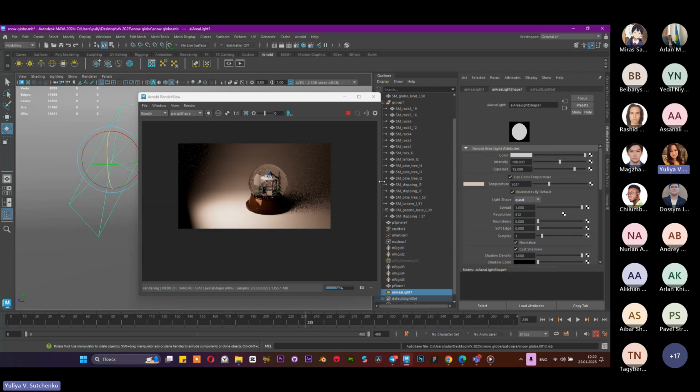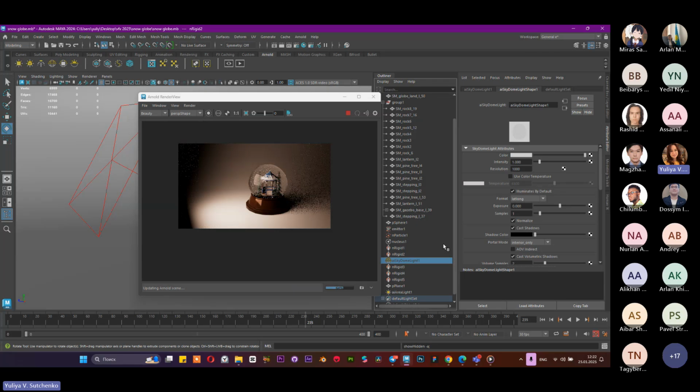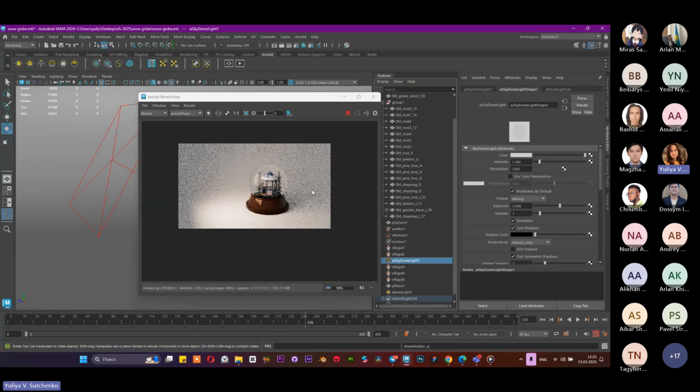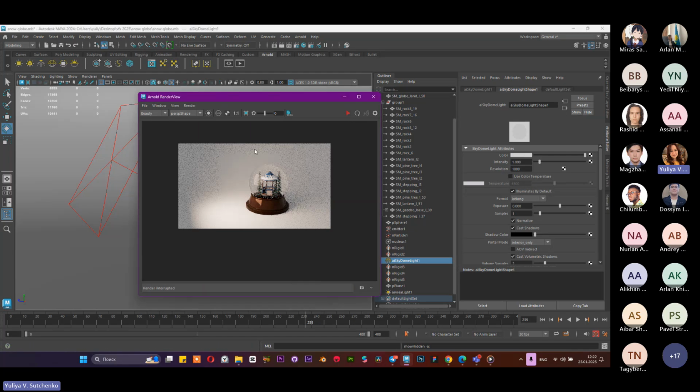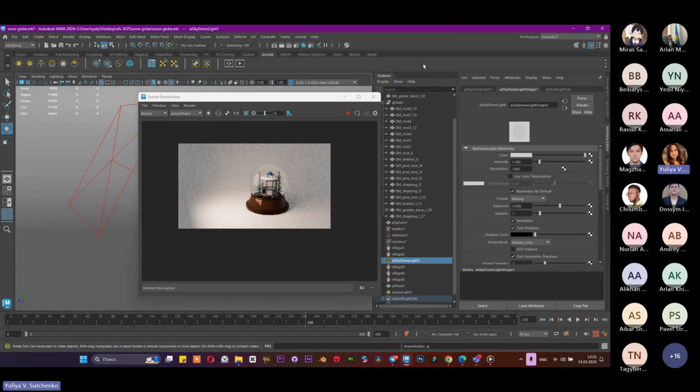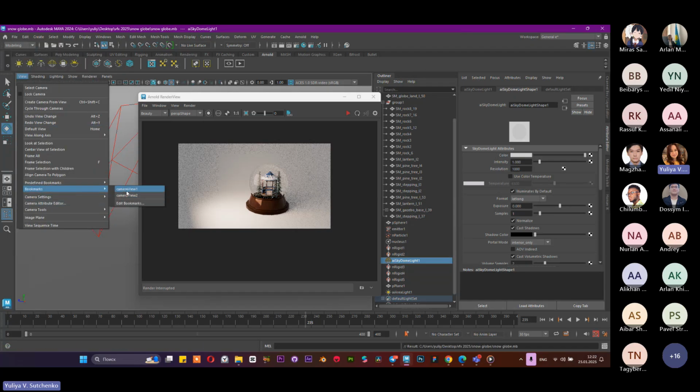Okay, what else? We can unhide our sky dome light and use both lights in the scene. And now we can see more accurate details and it looks better than our first setup. Let's stop this render. Let's save Maya. And I'm going to go to my bookmark